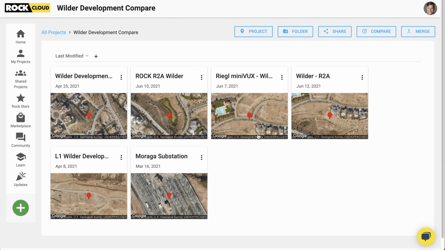For instance, I had a 2,000 acre project that had about 9 flights in it, and that all needed to be merged and then processed. It literally took me about 4 hours for each operation to be completed while using a desktop software. I think it ended up taking me nearly a week to process the 2,000 acres, but with the ROCK Cloud,